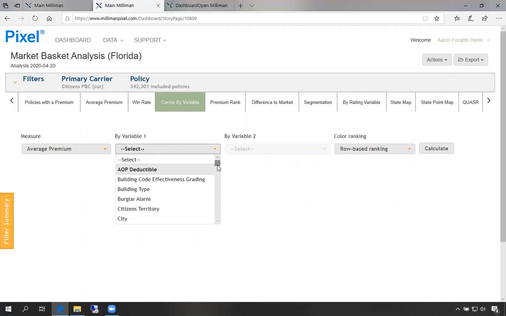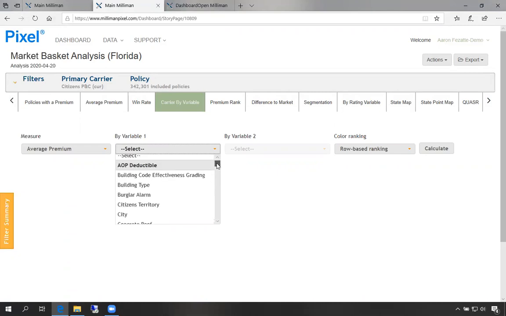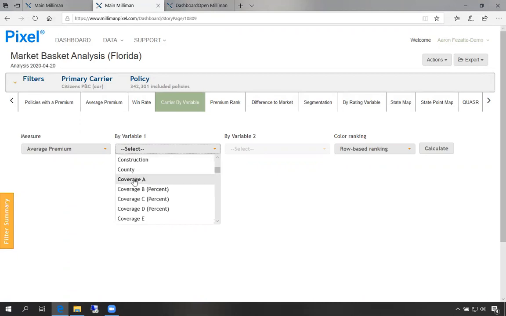Like I mentioned, all of the loaded variable names are here, as well as a bunch of other physical location attributes, things like city, county, territory, and then the things that you're used to seeing: credit, distance to coast, etc.